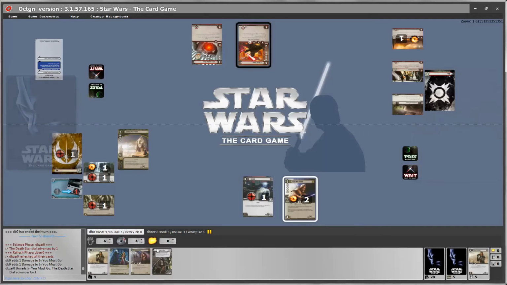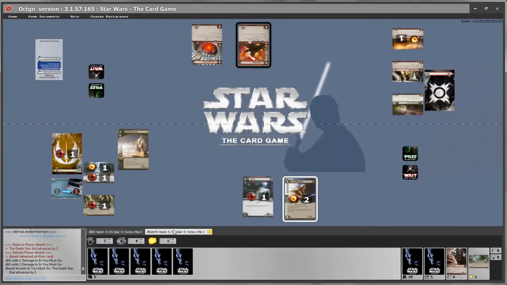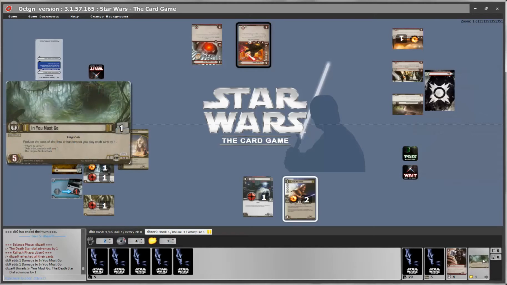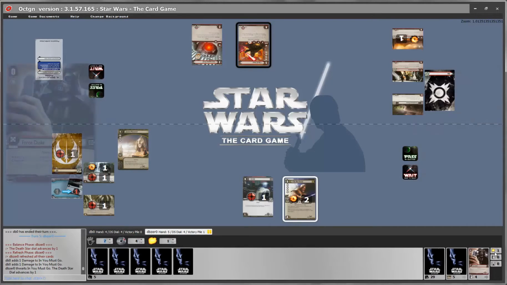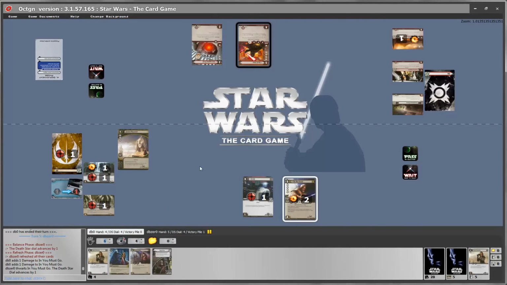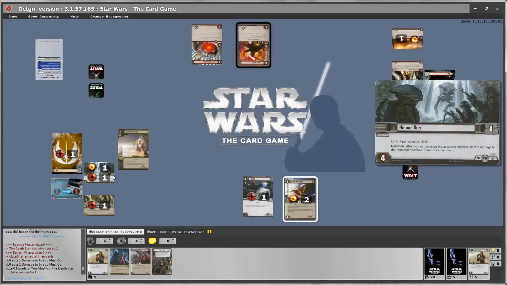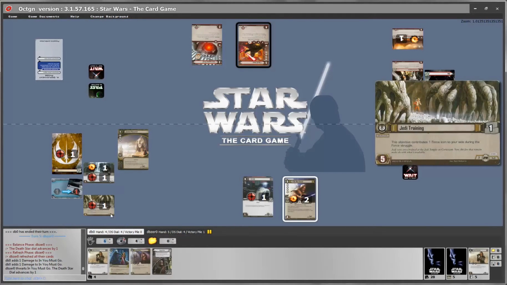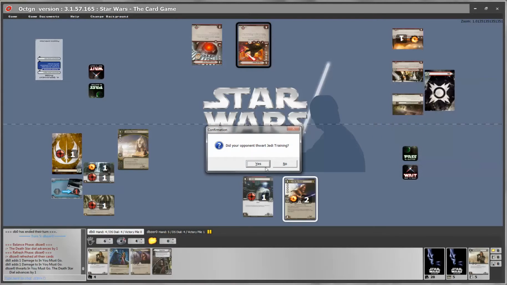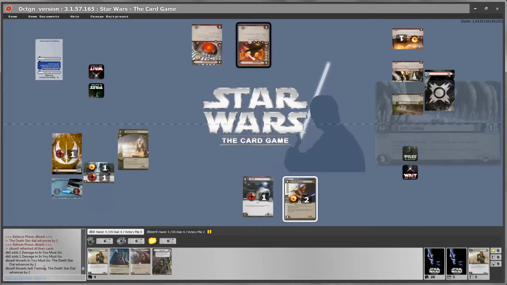Where this objective goes is nowhere on us, it is in fact on our opponent's side. You can see this is the victory pile and our objective is in it. This is normally hidden, since you usually just want to know the amount of objectives they have destroyed. If the opponent destroys another objective, let's say they destroyed a Jedi Training, yes, and the Death Star dial advances by 2.